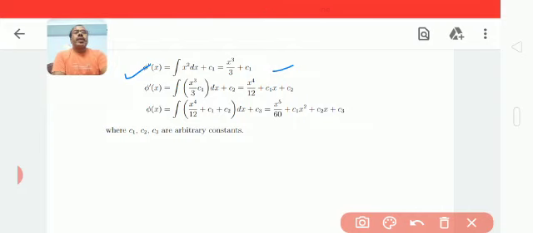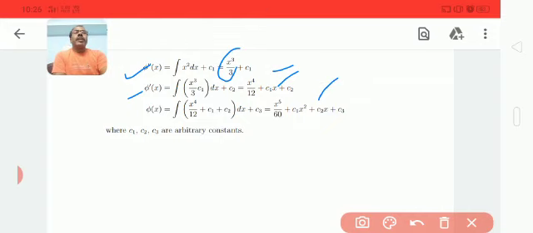Again take the integration of the second derivative of phi, which will be phi dash x. Take the integration of this x cube upon 3, and what is the integration? It is x to the power 4 upon 4 into 3, so that gives 12, plus the integration of the constant c1. So what is the integration of c1? It is c1 into x, and we add some constant of integration c2.